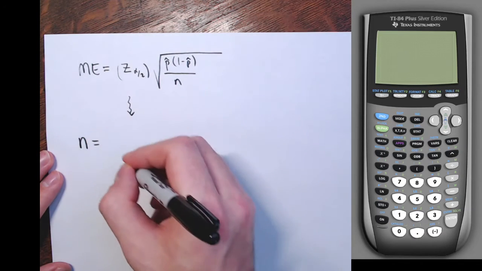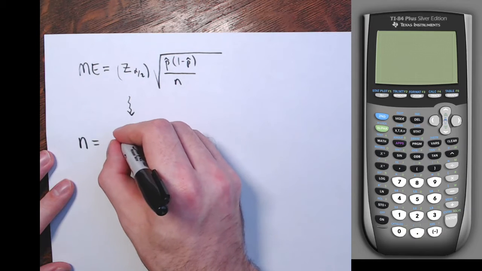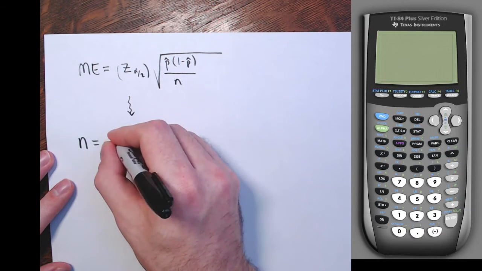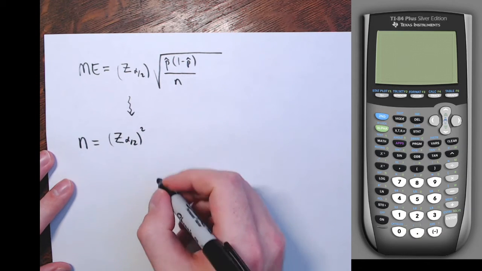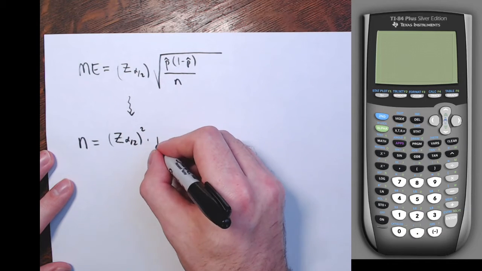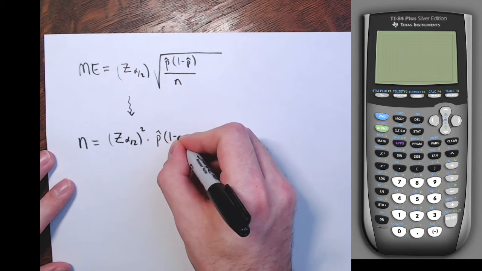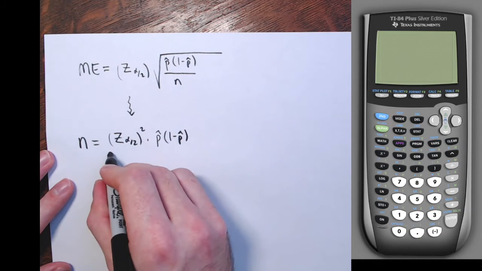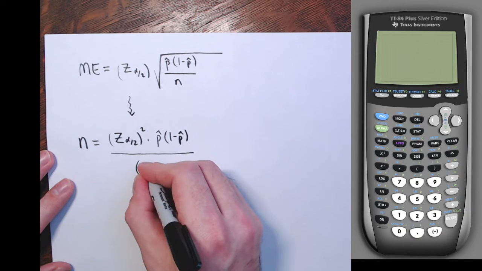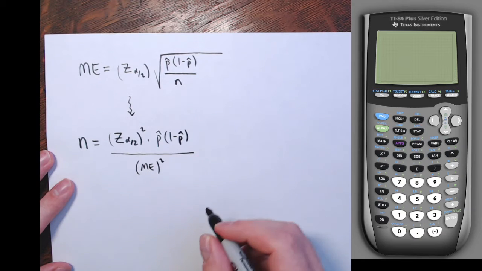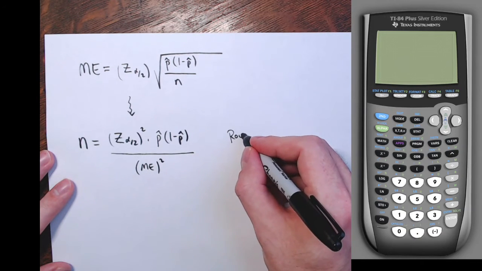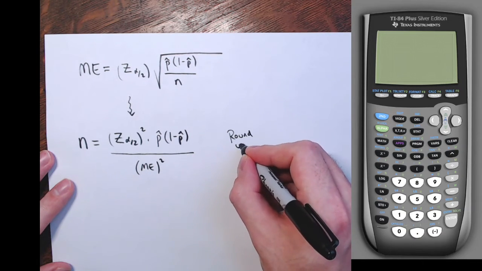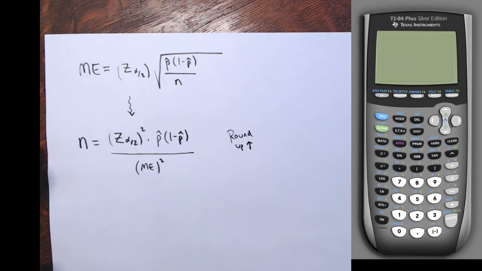And that ended up being n equals that z-score squared times p-hat times 1 minus p-hat, sometimes referred to as q-hat, divided by the margin of error squared. And then you round it up to the next highest integer, making n as large as possible. All right, and round up. So here,